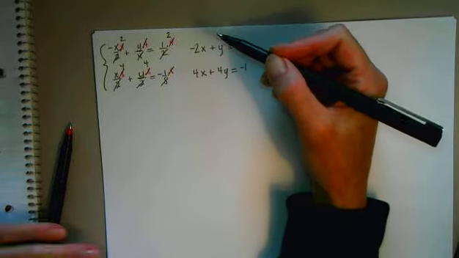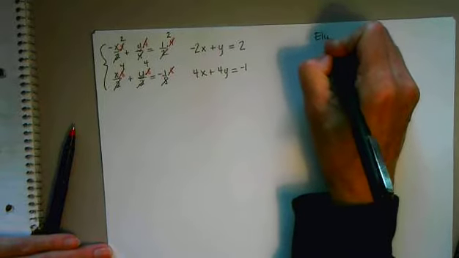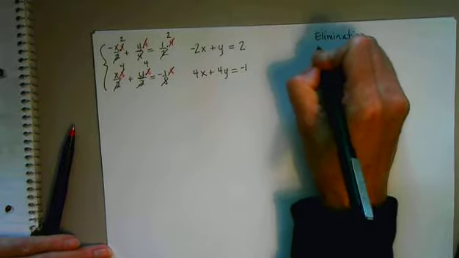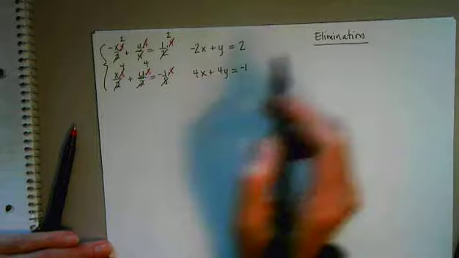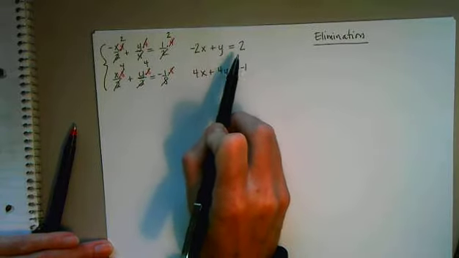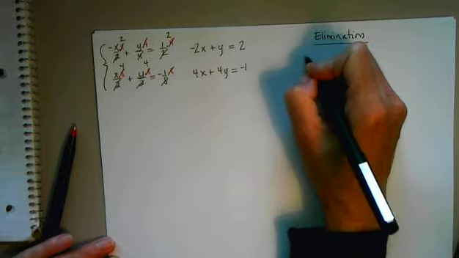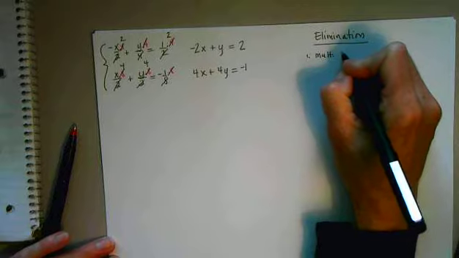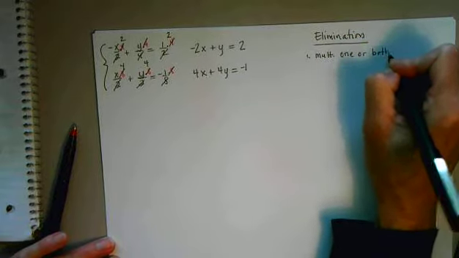Alright, now let's learn our next method. The next method we have is called elimination. And this is probably going to be our most common method used, because it works when you even have 3 variables, x, y, and z. So let's write down the steps again. What you're going to do is you're going to begin by multiplying one or both, you might have to do it to both, of your equations